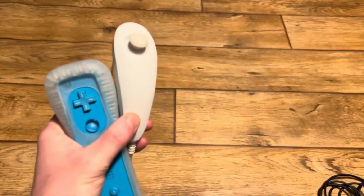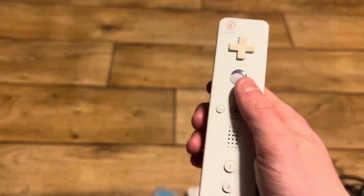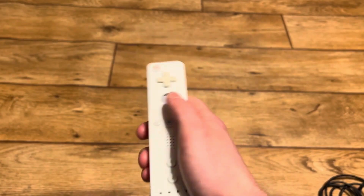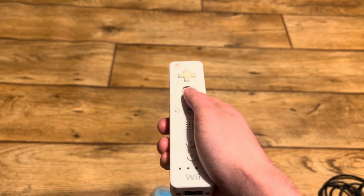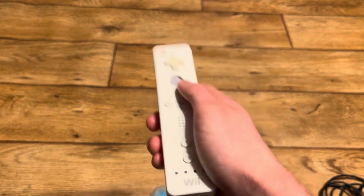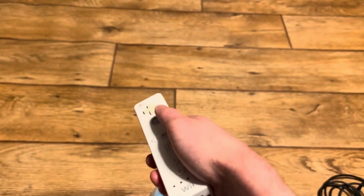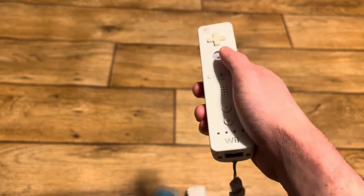But yeah, the Wiimote is such an interesting controller because obviously it was built with having everyone being able to easily understand it in mind. So the motion controls on the Wii menu, you just point it like it's a TV remote. You just move it around and you could just point where you want to use it. Obviously you had to use the motion sensor bar to be able to use the Wii remote, but still, it's